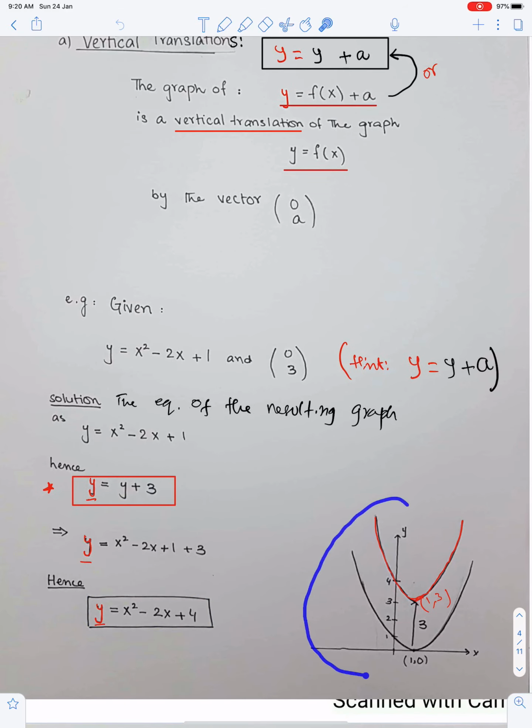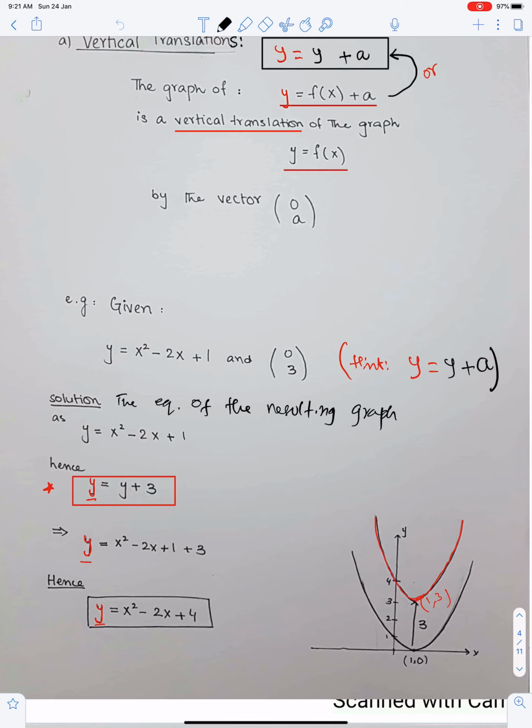This diagram shows the graph of the two functions that differ only by a constant, which is 3. When the x coordinates on the two graphs are the same, see, this is 1, whereas this is 1, they both are same. Since the x coordinates of both the points are same, the y coordinates differ by 3. This point has y coordinate 0. By adding 3 into this y coordinate, we have got 3 here. This point is 0, 1. By adding 3 into y coordinate, we have got 0, 4.